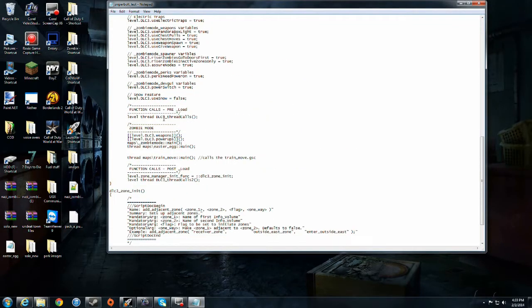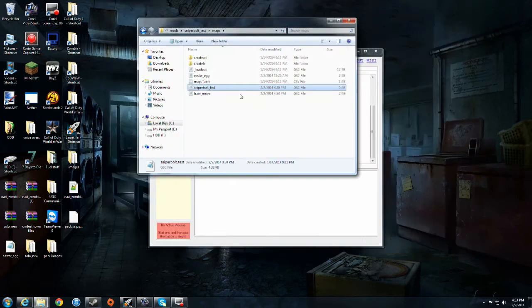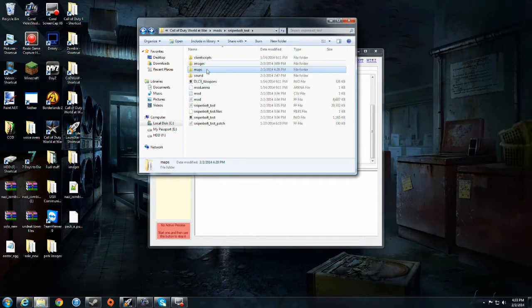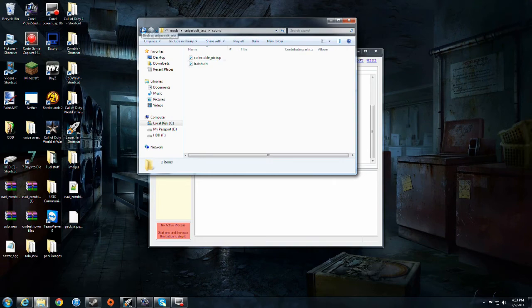mapname.gsc, and if you come down, here's your zombie mode and your zombie mode main. Below that, I have the script that you need to put in place here. As you can see, it's called train move, and all this is doing is telling your mapname.gsc to call that new .gsc file that we've created, that trainmove.gsc. So there that is. Put that in there and save, and make sure your sounds are right if you've created